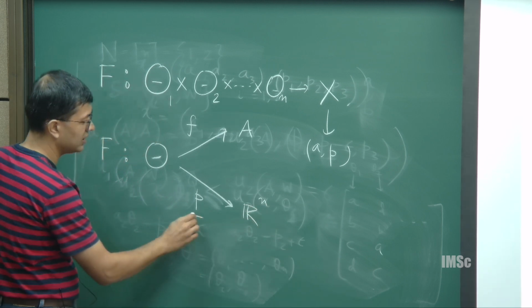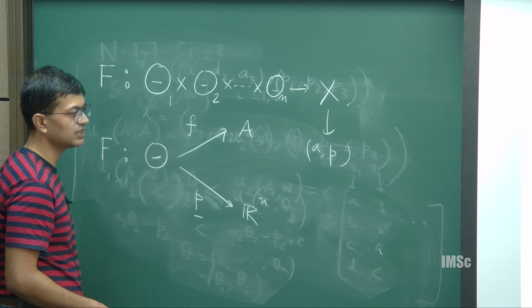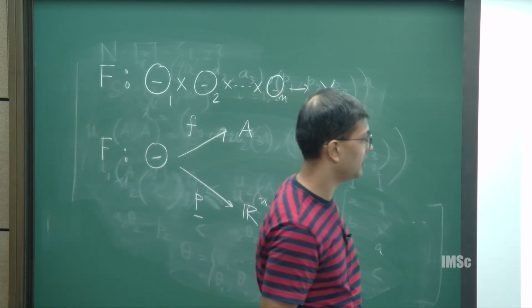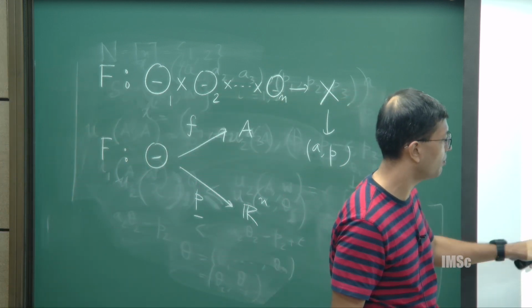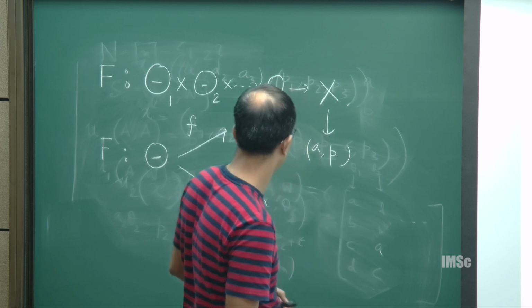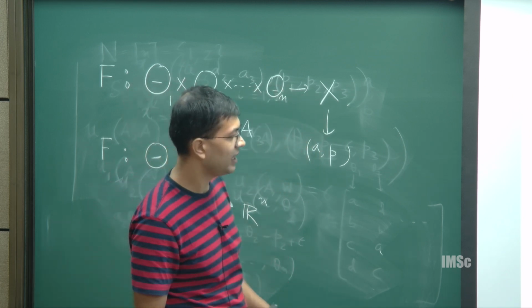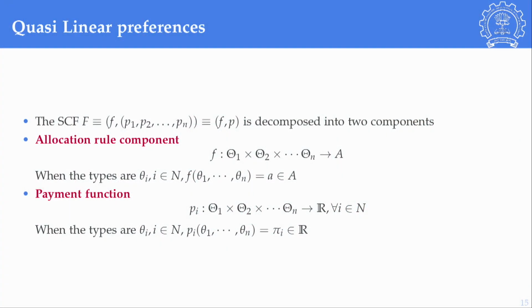Therefore, it is a collection of n different functions, each treated separately. There is an allocation rule component and a payment function component, and together this f and p give you